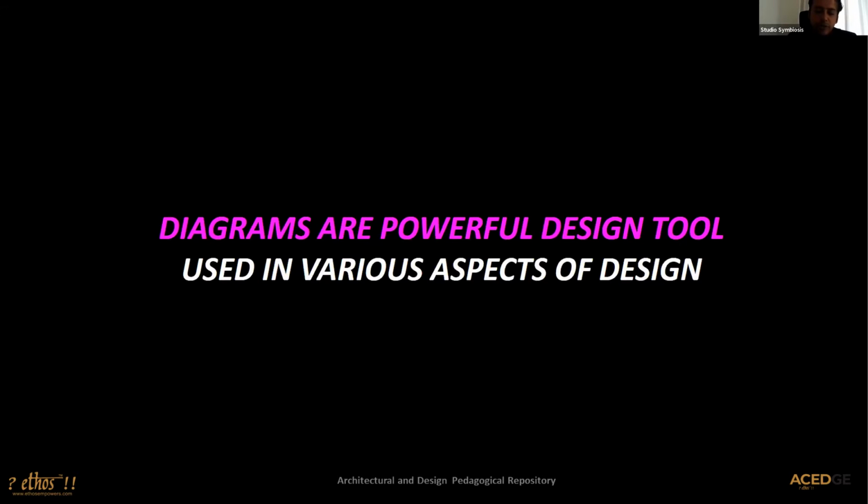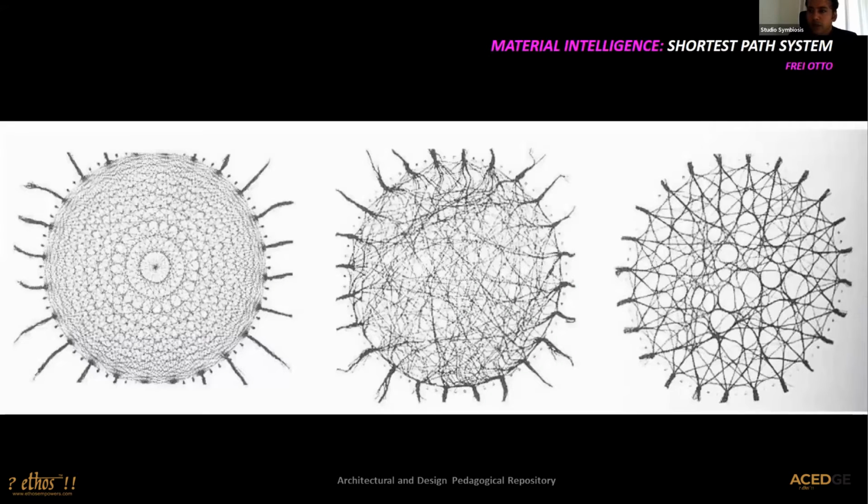So now I was mentioning the use of diagrams by the past masters. This is an example of the wool thread method, which was used by Frei Otto. In this case, it is about material intelligence. So here it's a very simple wool thread method. The leftmost image is a wool thread model, which when dipped in a soap bubble gives us this shortest path distance. So before all these computational techniques emerged,